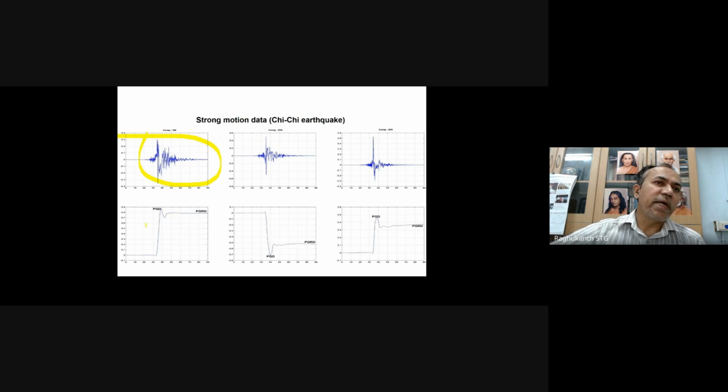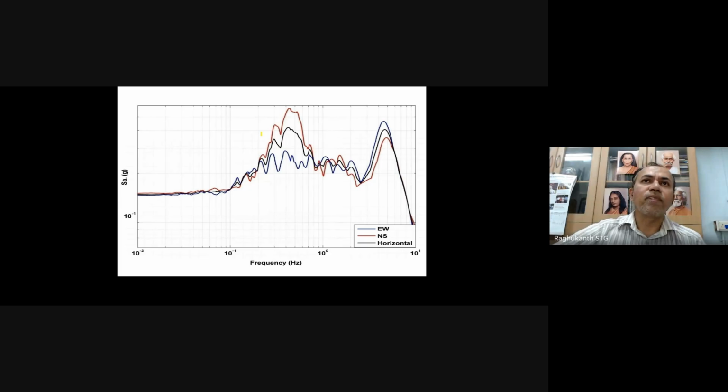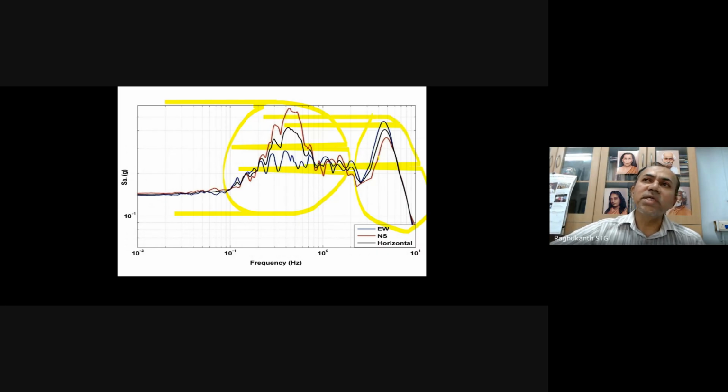So when you try to double integrate, you will see this type of permanent ground residual displacement also. So this is what you will see in the near field. And in the acceleration, you will see a huge pulse in this acceleration time history also. So when you look at the response spectra, when you are in the near field, this peak anyway is standard, okay? You will see it in most of the cases, but you will also see one more peak in this region, okay? So this is mostly corresponding to the near field.